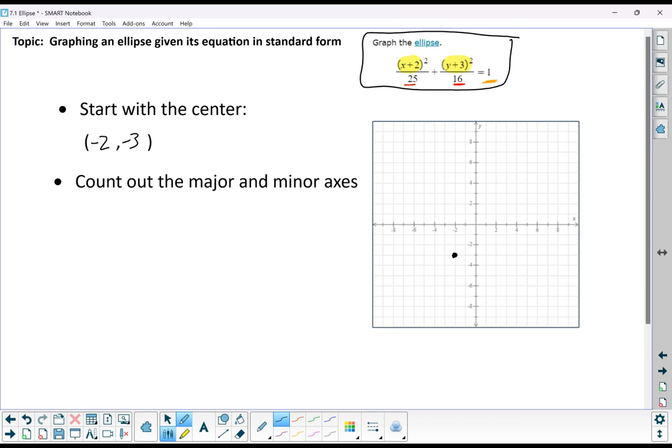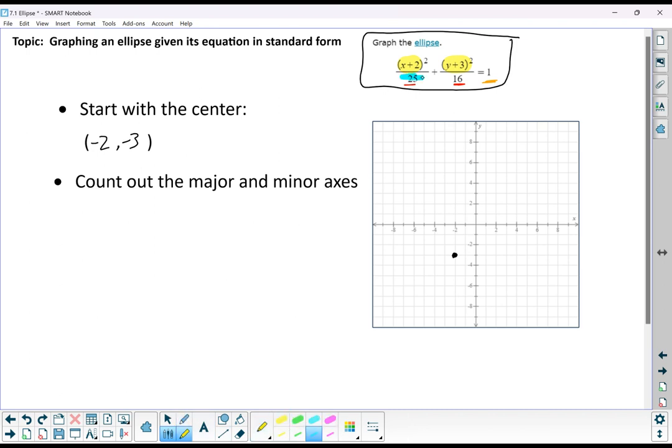And then, if we were graphing a circle, which we've done earlier this semester, you would maybe count out by that radius amount in 4 directions. So like 3 and 3 and 3 and 3, for example, would make a nice little circle. An ellipse is a lot like that, but the distance to the left and the right of the center and the distance between the point above the center and the point below the center, it doesn't have to be the same. So if you look right here,